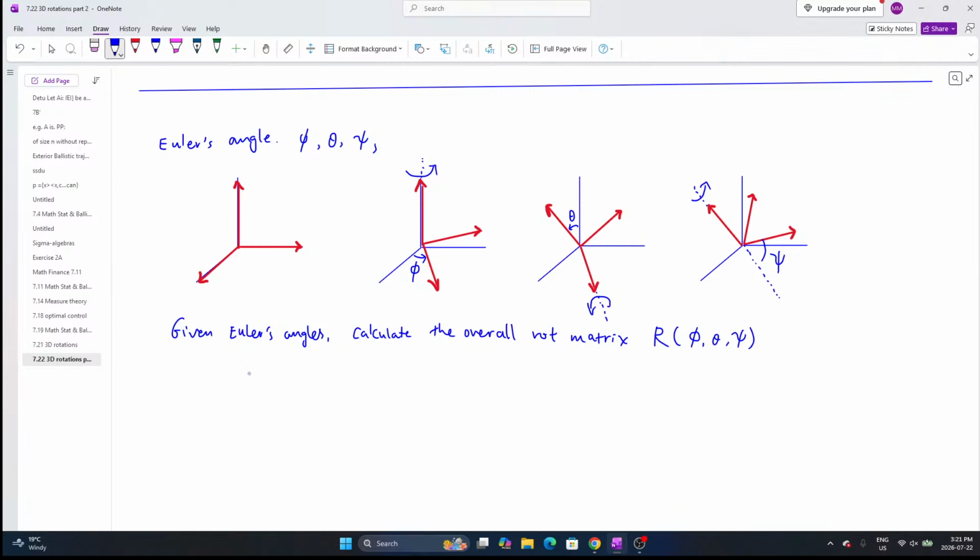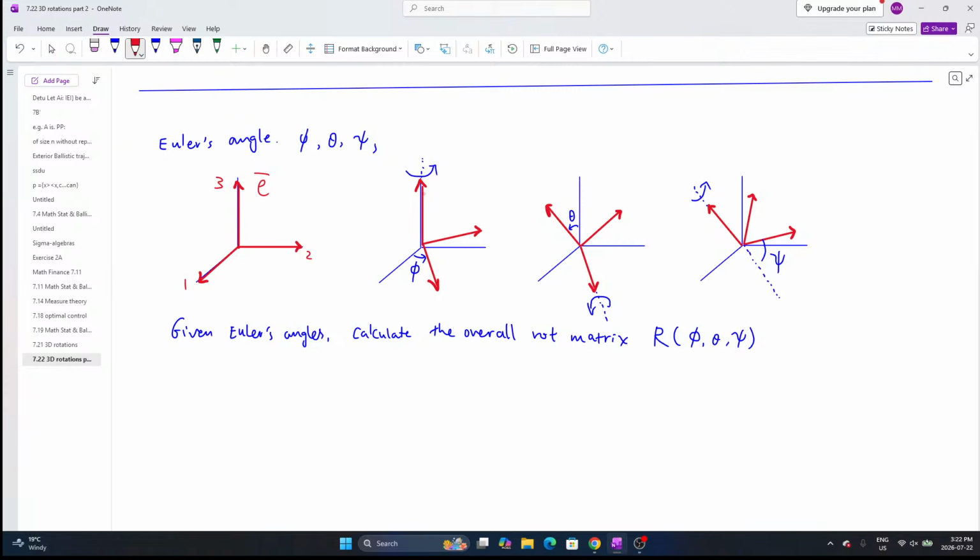So the Euler's angle parameterization is the composition of three intermediate rotations. The rotations are defined relative to the standard basis. Let me just give it a name. The original basis, let's just call it E bar. So this is E bar, 1, 2, 3. After the first rotation, you leave E bar 3 intact,